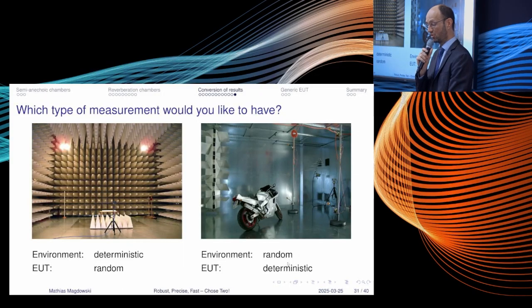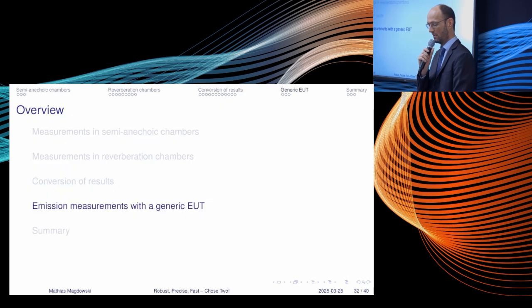So from my point of view, this is much better. And the randomness here you can control, because this is determined, for example, by the number of stirrer positions that you measure in the reverberation chamber, and the general quality of your chamber and the stirring process and so on. So to go for higher frequencies, this is, from my point of view, the much better choice.